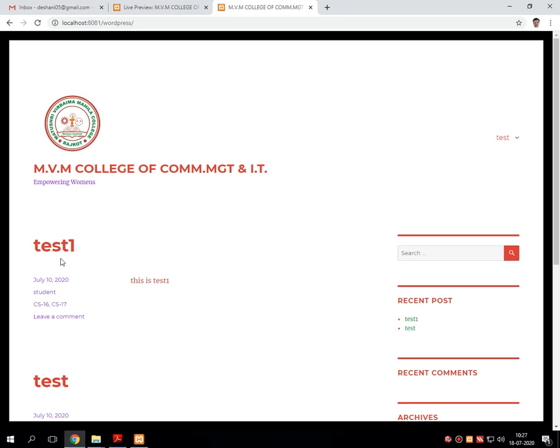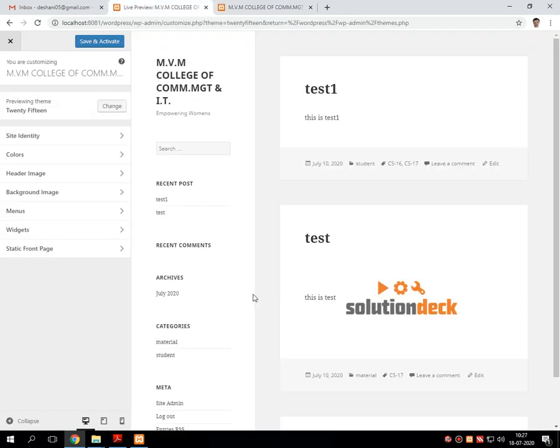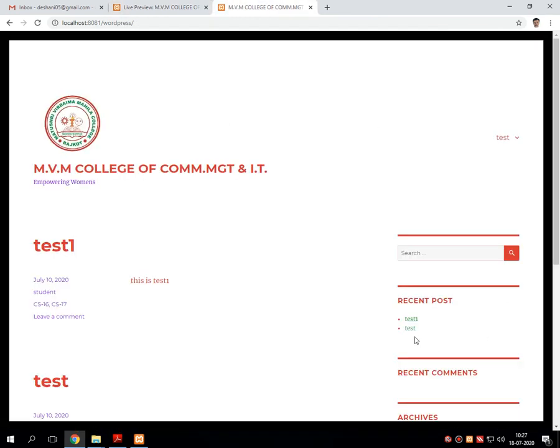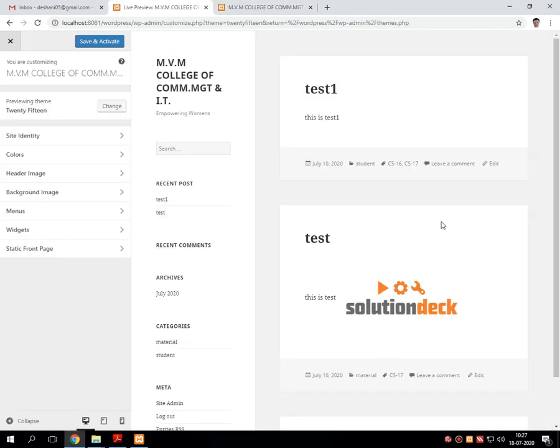Students, this is my first selected theme layout on the screen. If I activate this particular theme, then it will be converted from this one to this one. Now let's see how to do this.